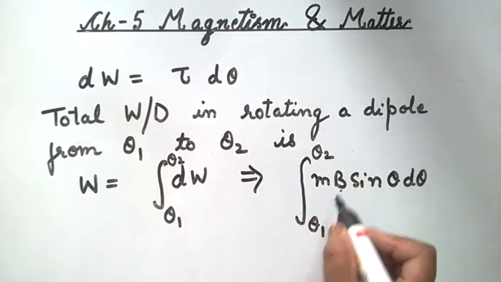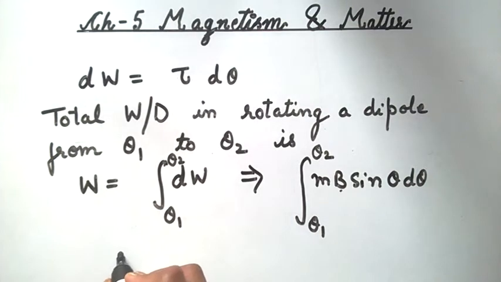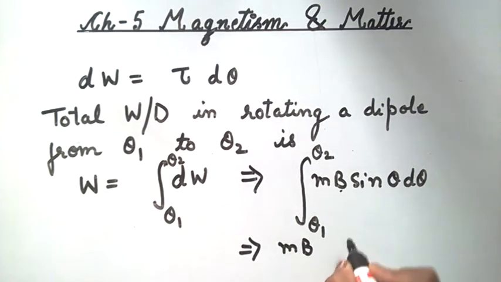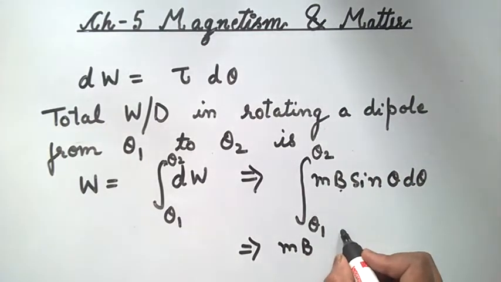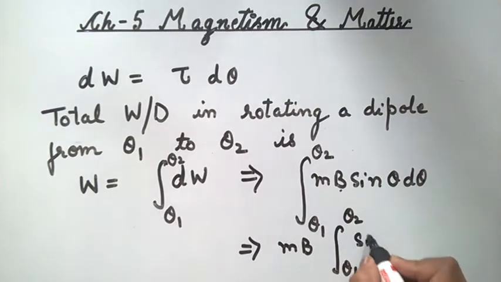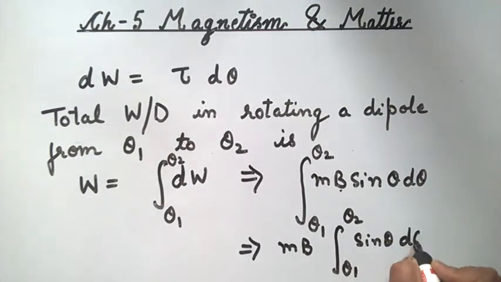Here m and B are constants, therefore on integrating it we get